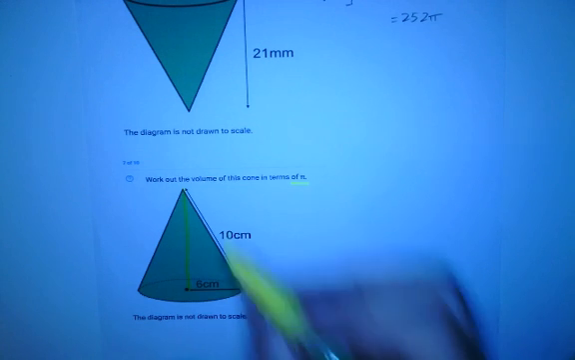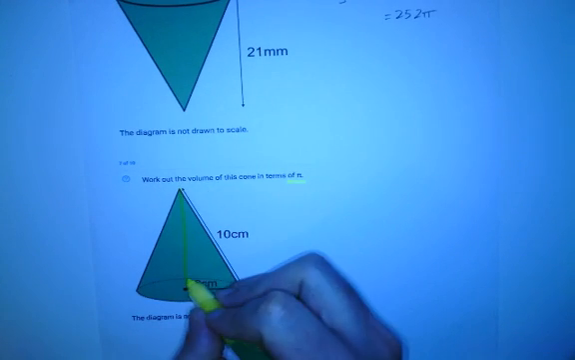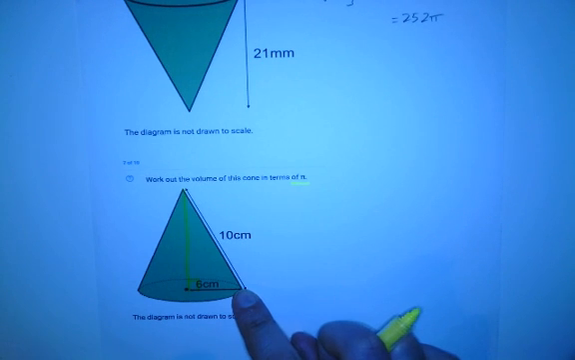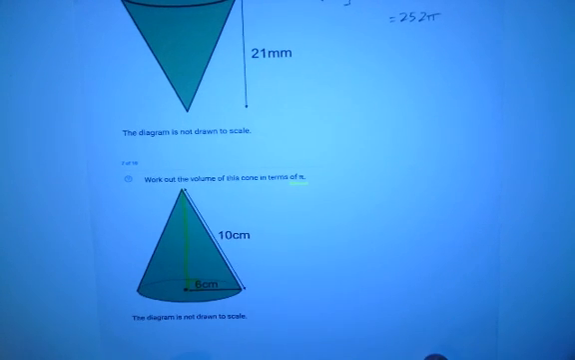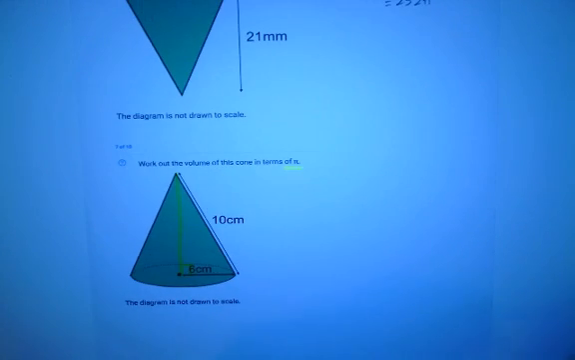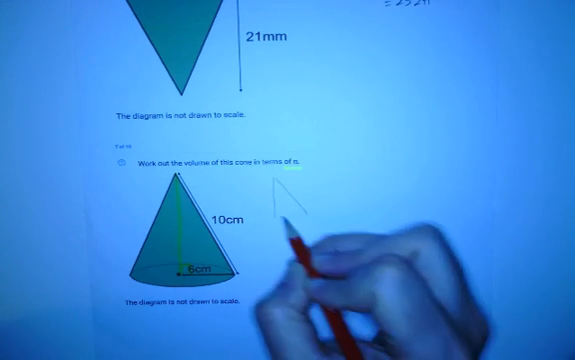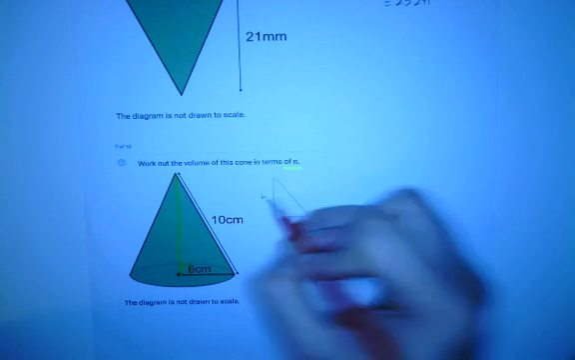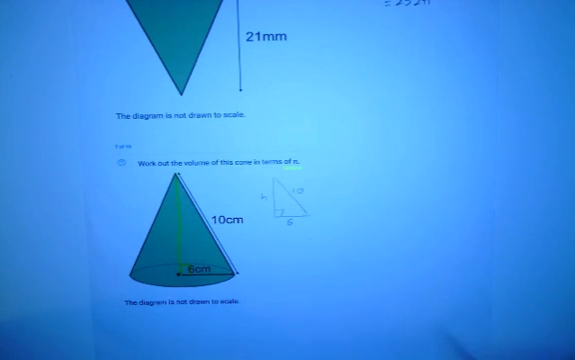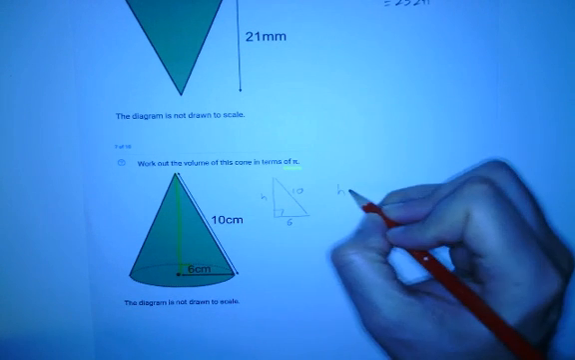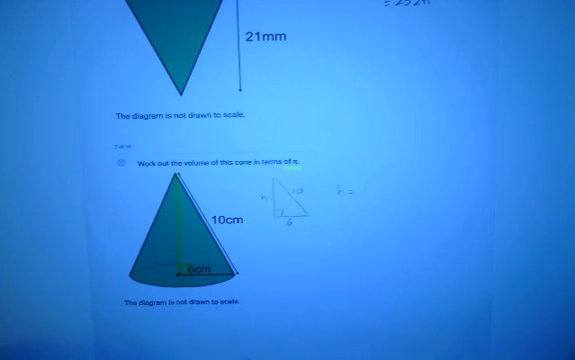Now, given that I've just drawn that in, hopefully some of you might have spotted what we're going to have to use here. That creates a right angle triangle. And I know the base of the right angle triangle, and I also know the hypotenuse. So if I want to figure out missing sides, I need to use Pythagoras, which means effectively that I have a triangle that looks like this. Height is there, I've got 10 there, and I've got 6 there. So if I want to figure out the height,